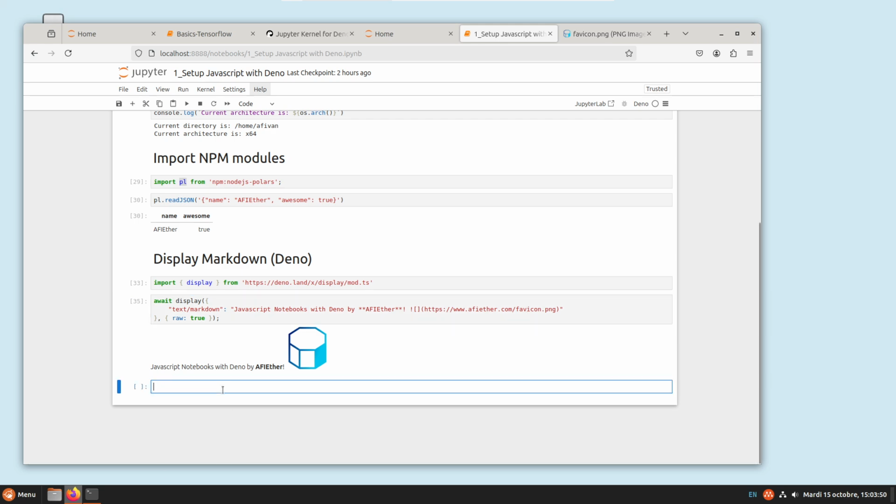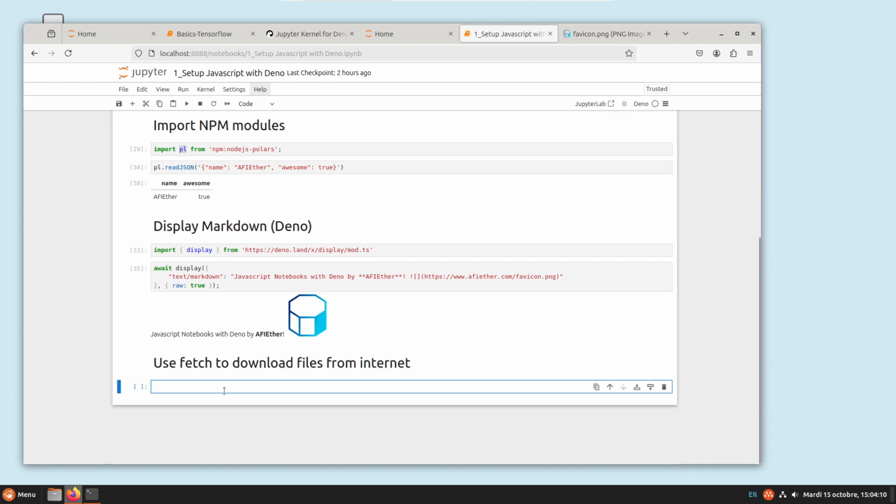What else can we do with this Deno notebook? We can use fetch to load resources from the internet. Let's add a new section right here. We can say use fetch to download files from the internet. Okay, so how can we use this thing? We can leverage the response. So fetch is a simple promise which will return a response,